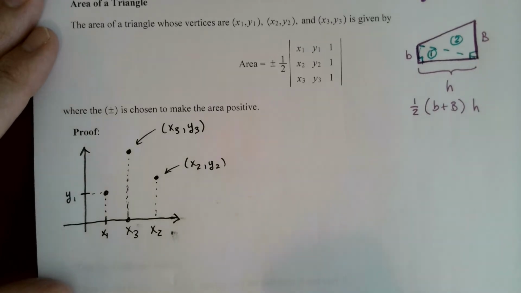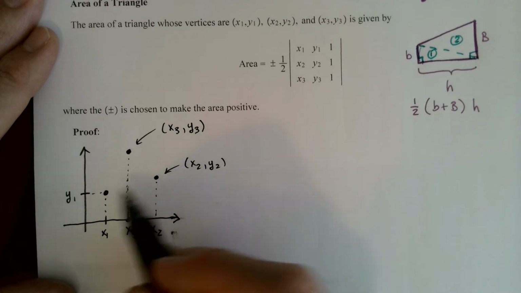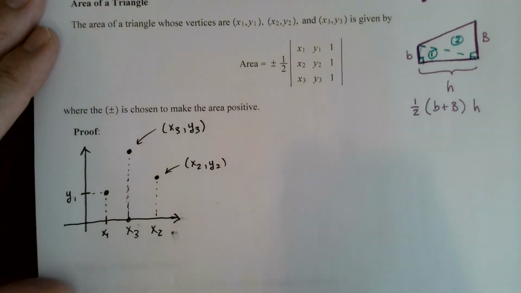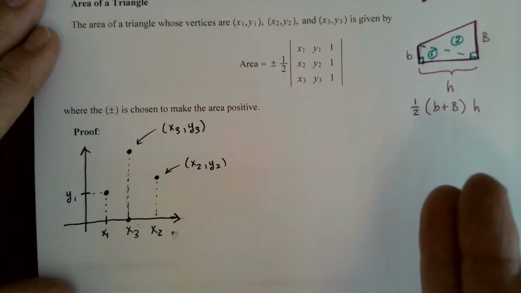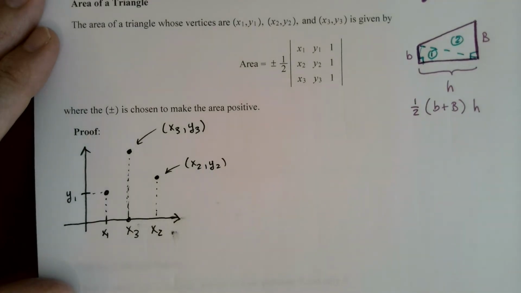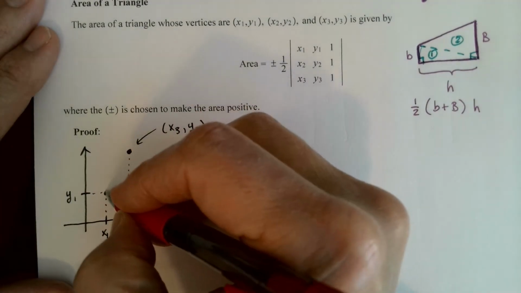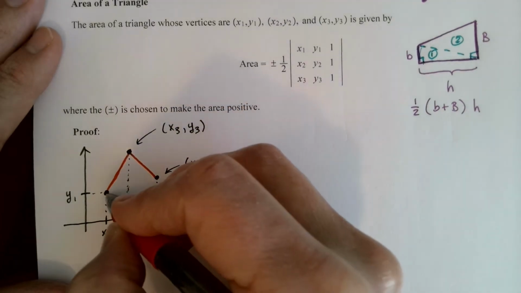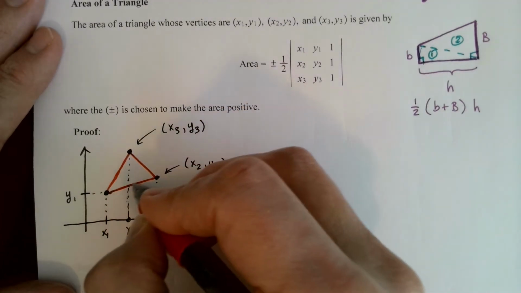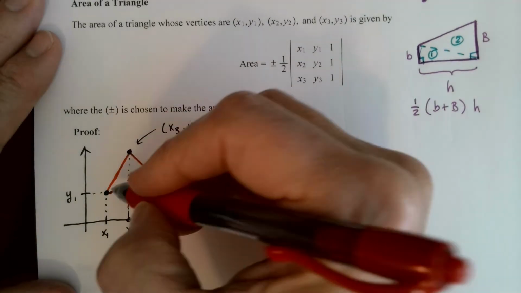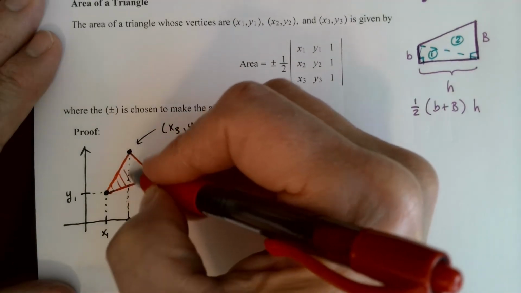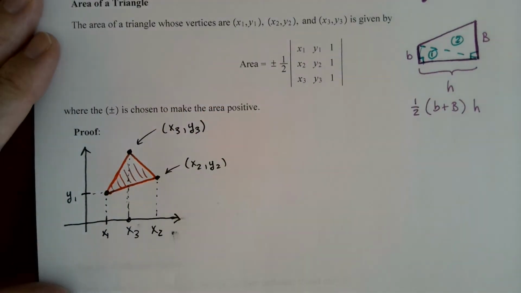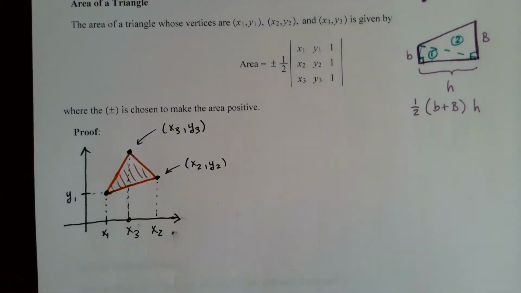Okay, but we do have to have these points be non-collinear, not linear rather. Then we connect them and we have our triangle. So we're trying to find the area of this triangle. In order to find the area of this triangle, I'm going to go about it kind of a strange way, but I'm going to find the area of three